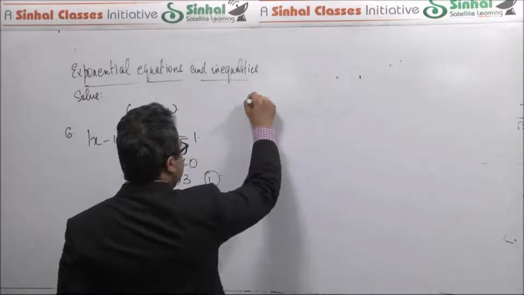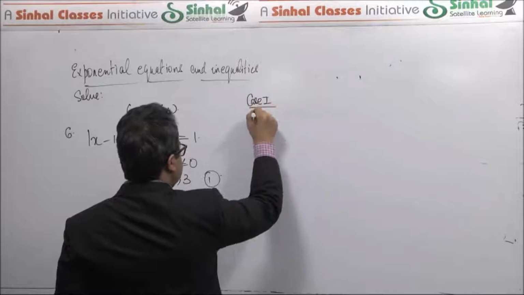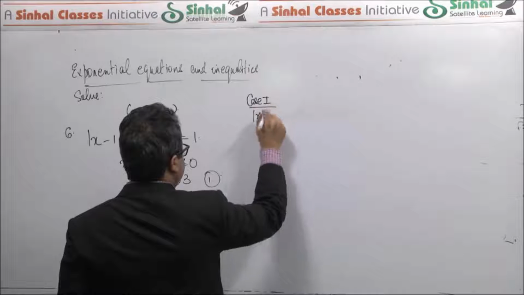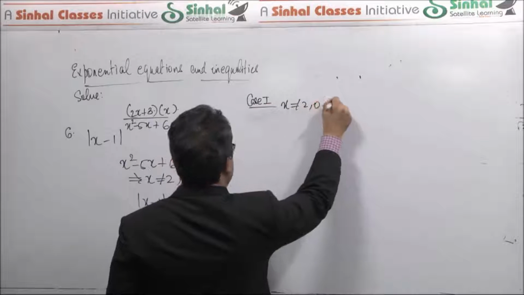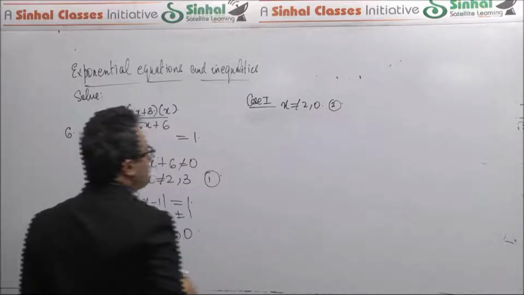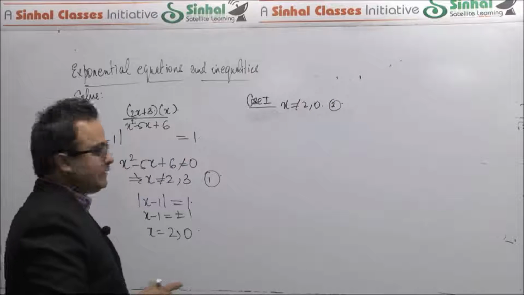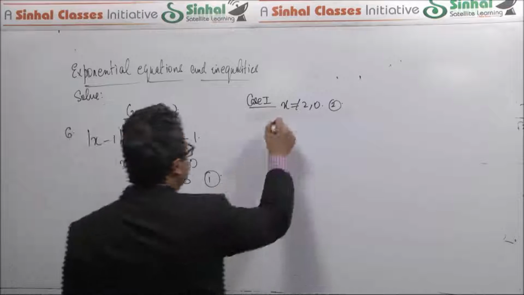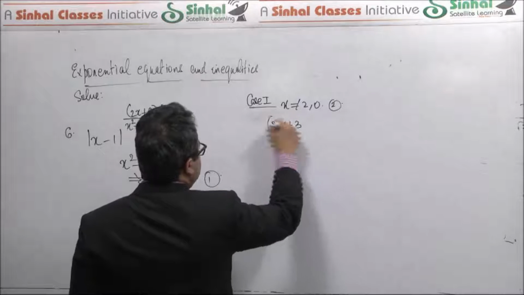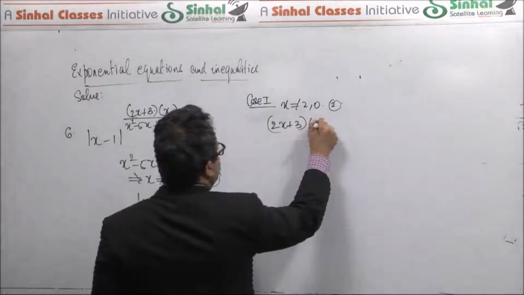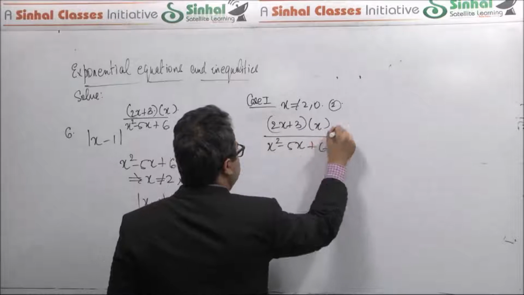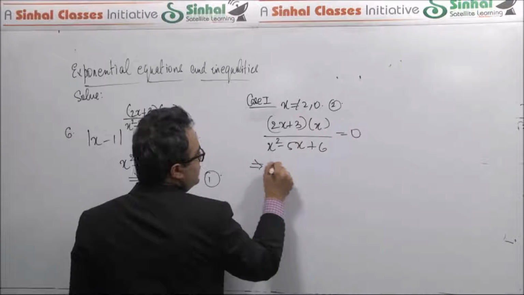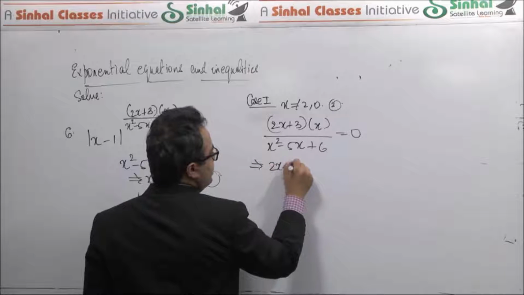So the first case that I'll take is, suppose x is neither 2 nor 0, then the base is not equal to 1, and I can therefore directly say that this exponent must be equal to 0, which gives us 2x plus 3